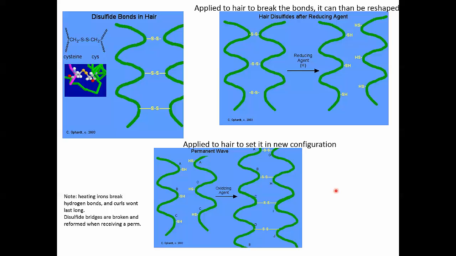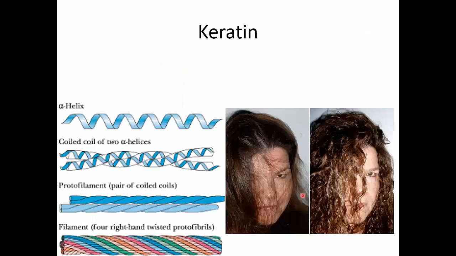I don't even know if people do this anymore. So if you have naturally curly hair, then your hair is curled and held together with these disulfide bridges. And if you want to straighten your hair, you break those bridges, straighten the hair, and then reform them so the proteins reform their bonds and hold a more straight position. So that's all involving the keratin, the protein that's in human hair, changing the shape of those secondary and tertiary